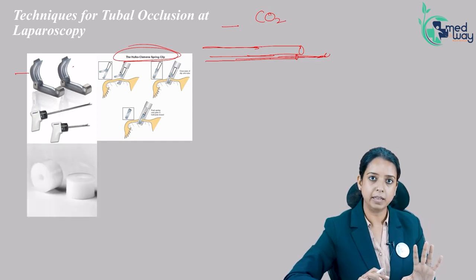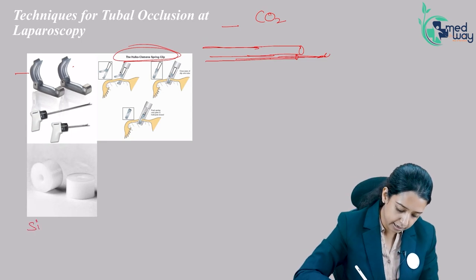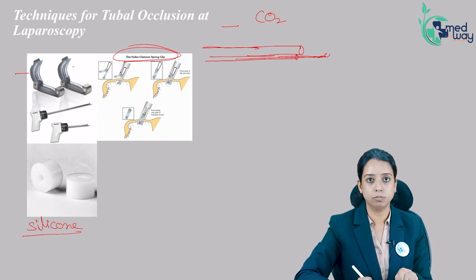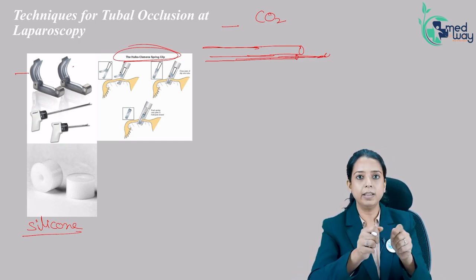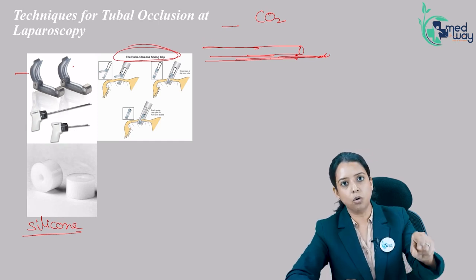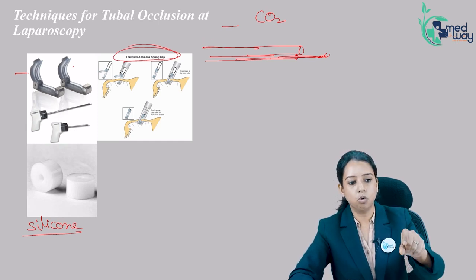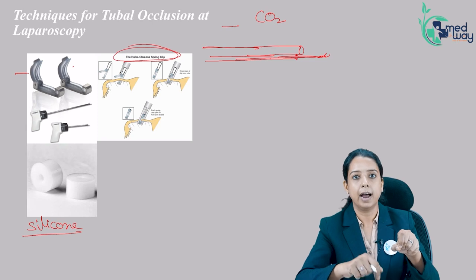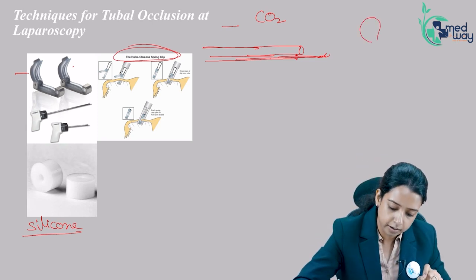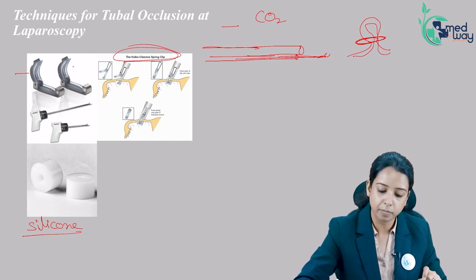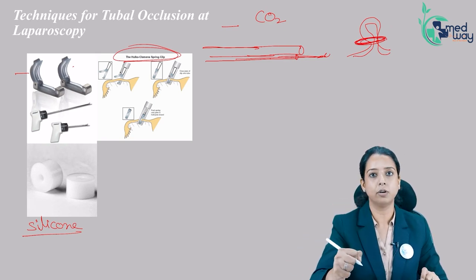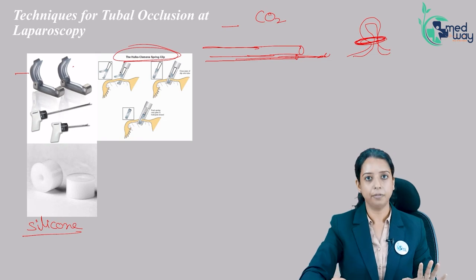Another very commonly used method is Falope rings. Falope rings are basically made of silicone again. So they are rings. The lumen is small, but when you hold them with the instrument, you can stretch them. You stretch it, go inside, and hold a loop of the tube, then release the Falope ring, and it will just cover the base of the loop like this. This is the tube. You took hold of the loop and you release this ring, so this ring will go and bind the base of that loop. So this is the silicone Falope ring.